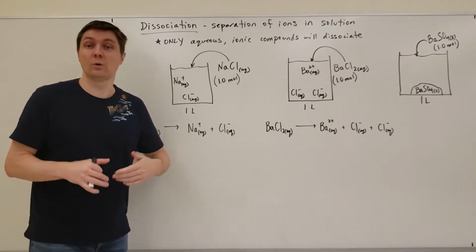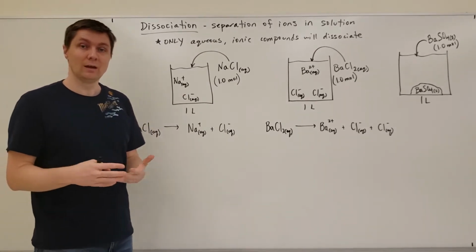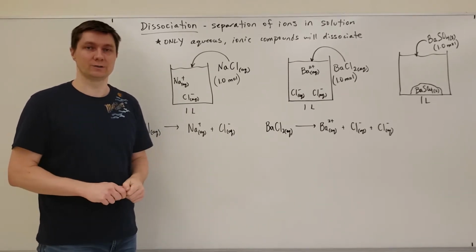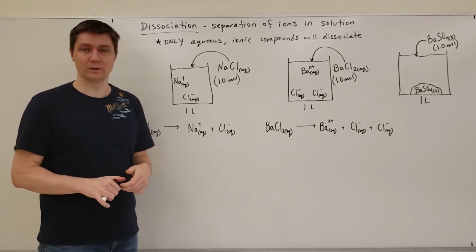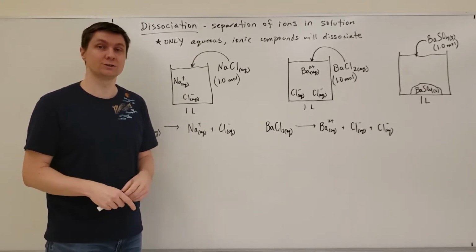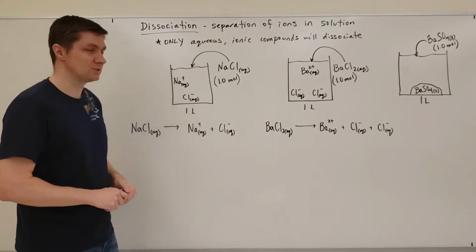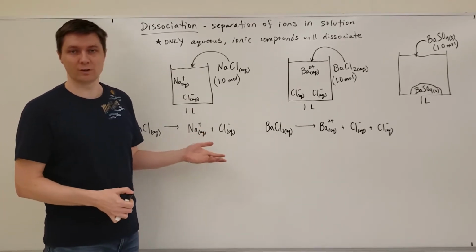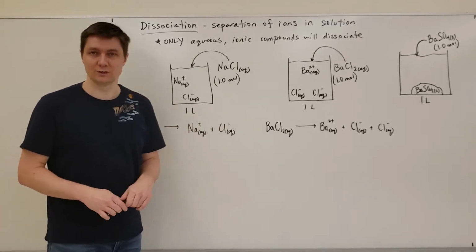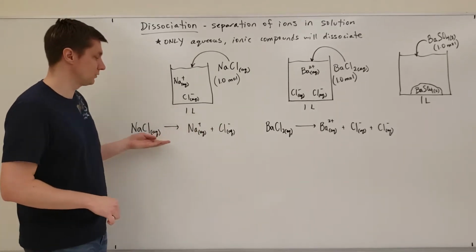Now, we have equations that we use to depict and explain when a substance is undergoing a dissociation. And these equations are important because they help us determine concentrations. And we've been learning about concentrations so far in this unit, specifically amount concentrations, and so we're going to look at that as it relates to these dissociation equations as well. So if you take a look at sodium chloride